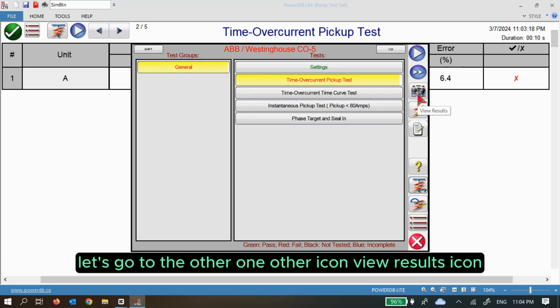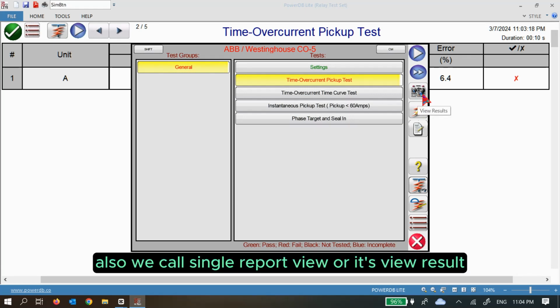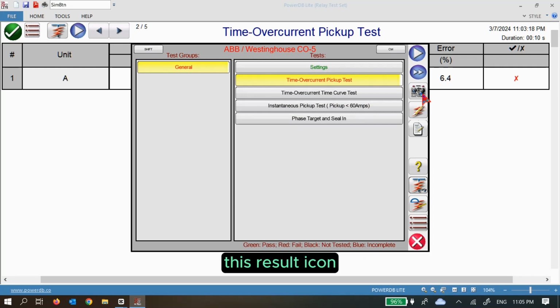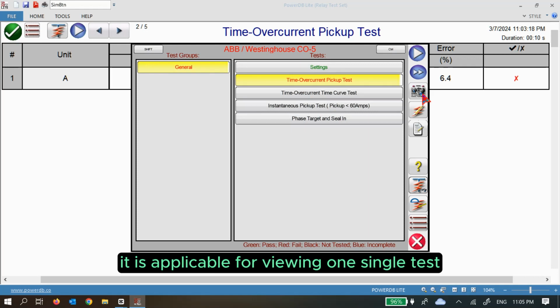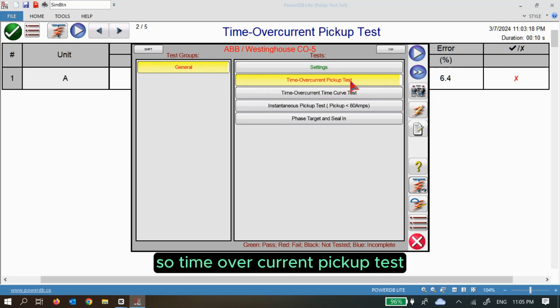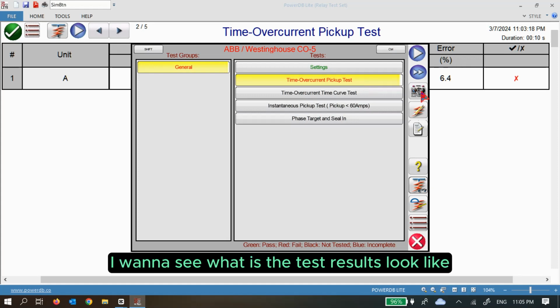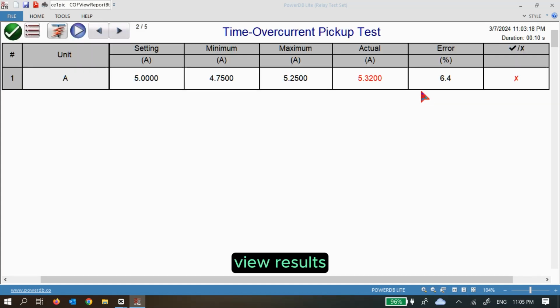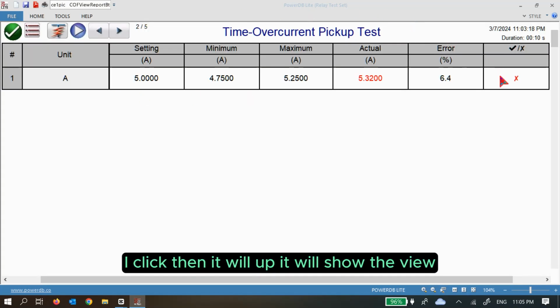Let's go to the other icon, the view results icon. We also call it single report view, or view result. This results icon is applicable for viewing one single test. That's why I also say this is a single report view. So for the time overcurrent pickup test, I want to see what the test result looks like. I click view results, then it will show the